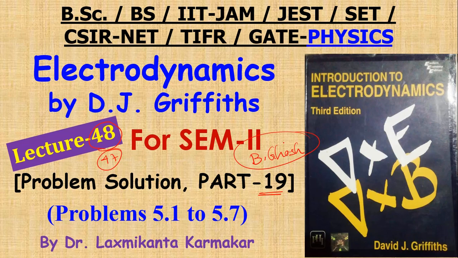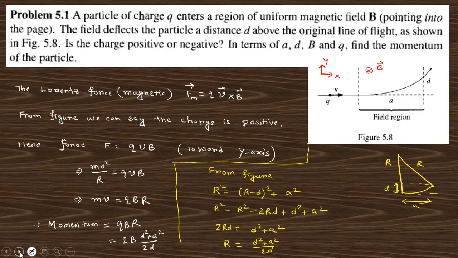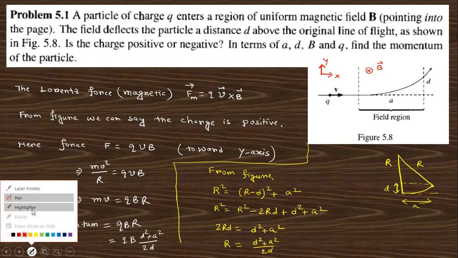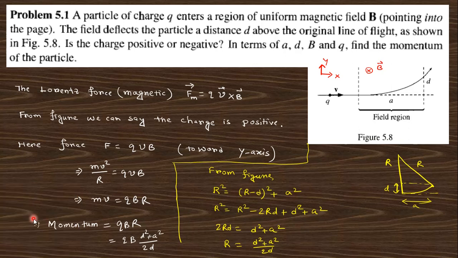For the previous lecture, if you want to go to the description box, you will get the link there. Chapter 8 of this book, which consists of magnetostatics, was already covered in the previous section, I think the seventh lecture. And in this video I want to discuss questions 5.1 to 5.7 of this book, and this chapter consists of magnetostatics, right? So let's start today's discussion, question 5.1 to 5.7. If you want to watch the theoretical part, you can go through the link given in the description box.